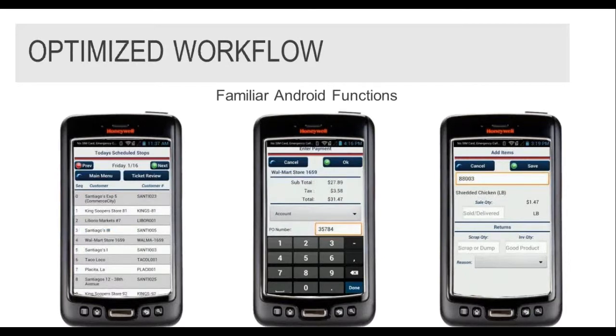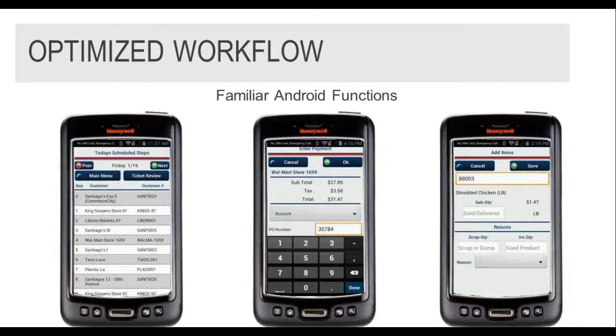So our next topic, optimized workflow. Again, looking at what we'd learned through deploying many different implementations across a variety of different industries, we wanted to do everything we could to make the application as user-friendly, easy to use, as few clicks, and as flexible as we could, to support not only the needs and requirements of our existing customers, but of new customers coming along and taking advantage of much of what people are getting used to in utilizing their Android devices.